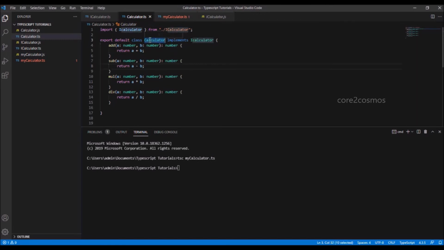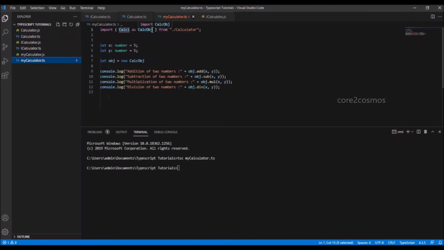I go back to the mycalculator.ts file and I modify the line number 1 by saying import calculator from calculator.ts file.